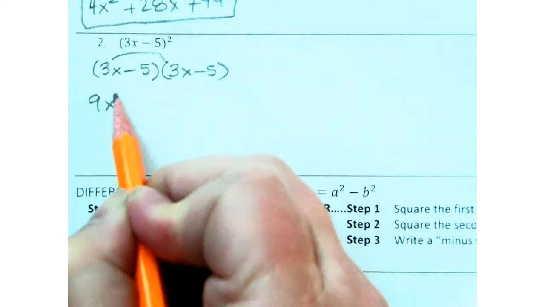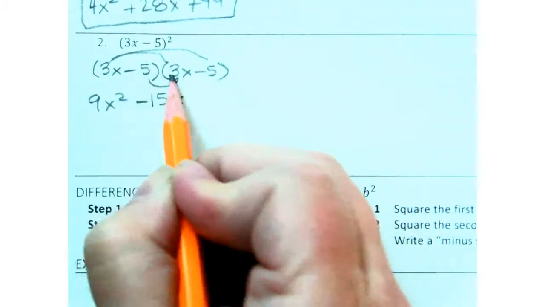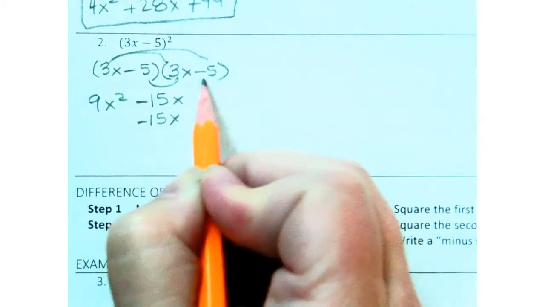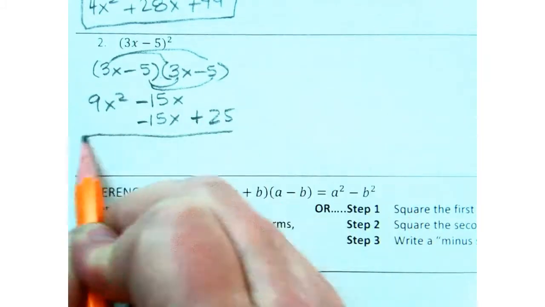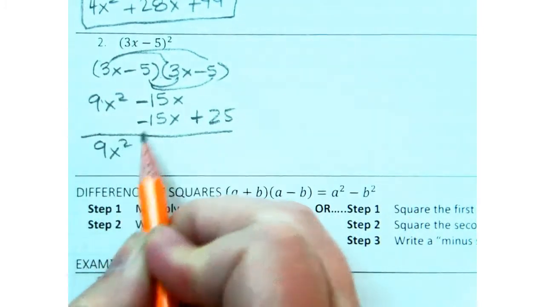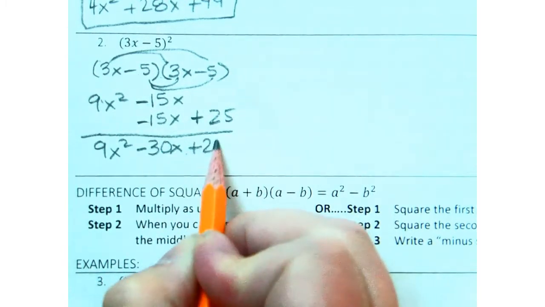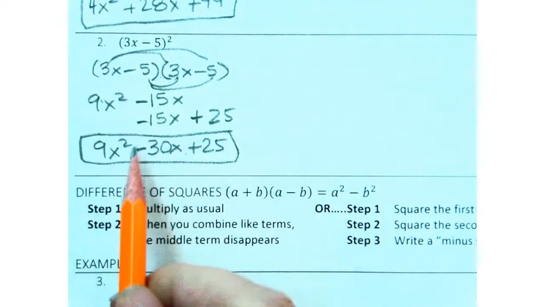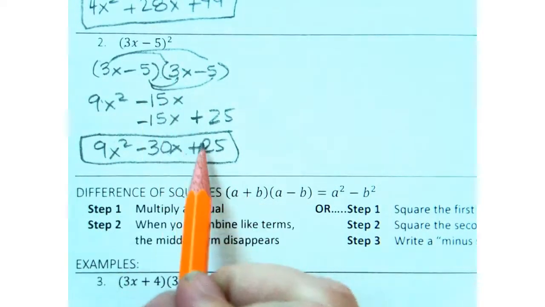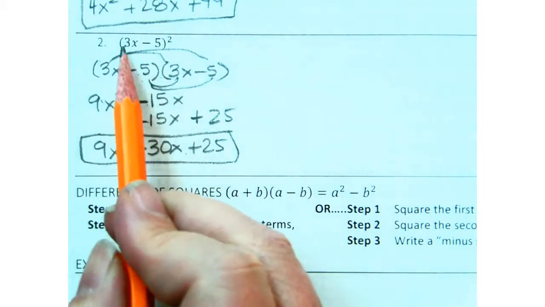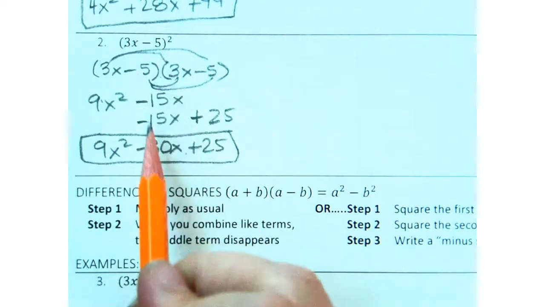3x times 3x is 9x squared. 3 times negative 5 is negative 15x. Negative 5 times x is negative 15x. Negative times negative is positive 25. 9x squared minus 30x plus 25. The first term was squared. The last term was squared for a positive 25, but the middle term is double of 3 times negative 5,